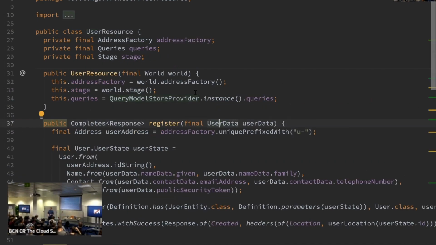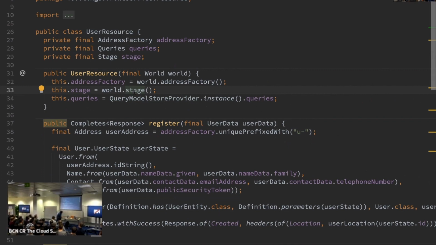We create the user state, which is mainly where you create the actor, but then you use the stage. Do you remember that you have the world, but you have multiple stages where the actor can live? So we use the default one, to create an actor in that stage.